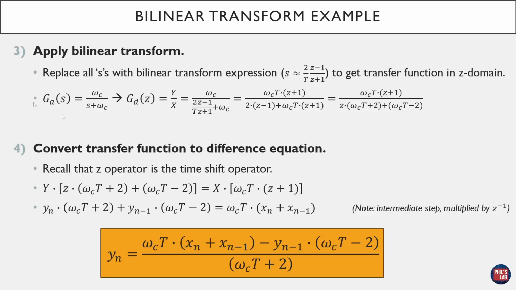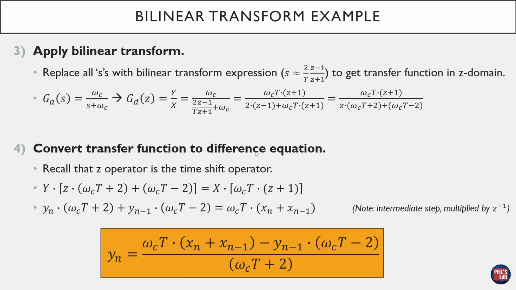In any case, you can follow the math in your own time. I'll leave it on the screen here. All I'm doing is plugging in this equivalent equation for s, and we result in a transfer function in the z domain, again, which is a relationship between input and output. Once we have the transfer function in the z domain, so the discrete time digital domain, we can convert this